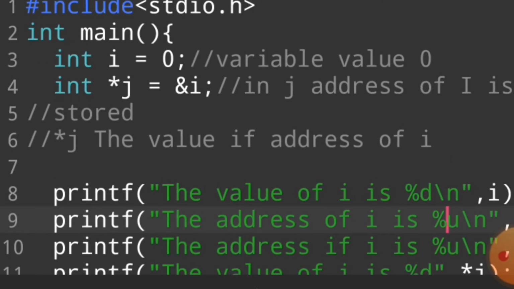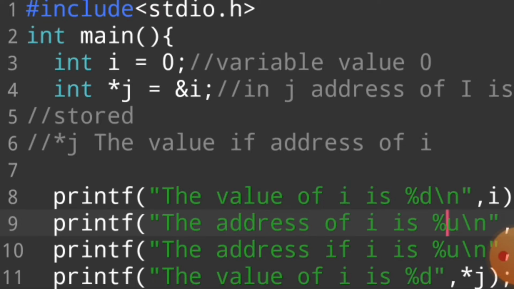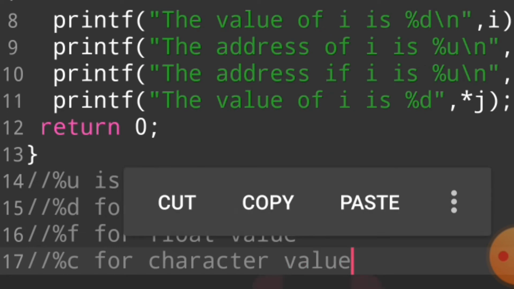In this video we did not cover pointer to pointer, but we will use the scanf function and then print the address of the variable. See this program very well.